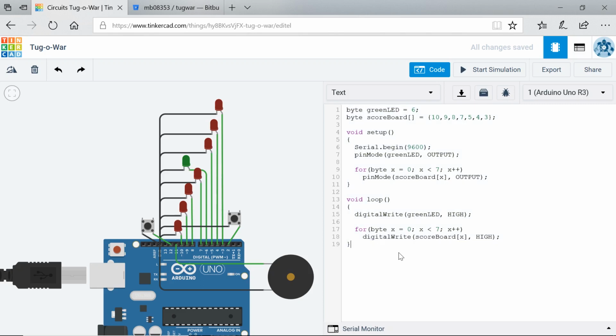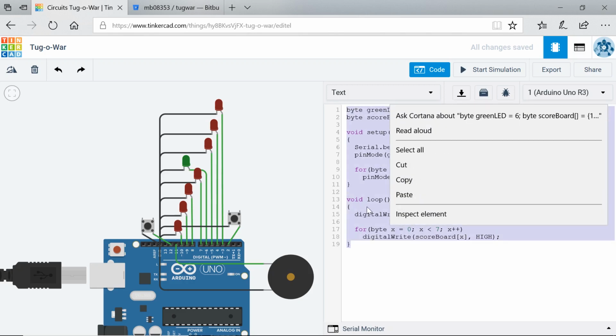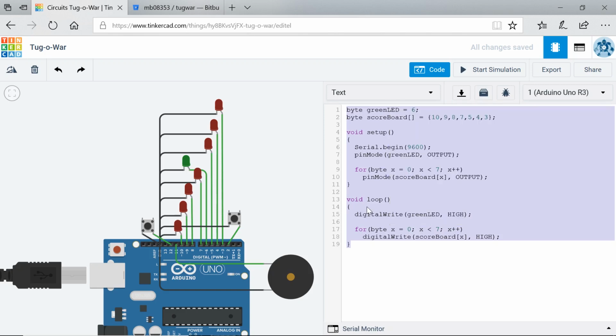The other way to do that is to right click and hit Select All. Either way, the keyboard shortcut for Select All or right clicking and choosing Select All, either method is the best way to do this, because then you know there's no way you missed something at the beginning or the end, and it reduces the possibility of garbling your code by dragging it into itself in some weird way. At any rate, once you've selected all of your code, then you want to copy it. Again, you can right click and choose copy, or I like to just hit Control C